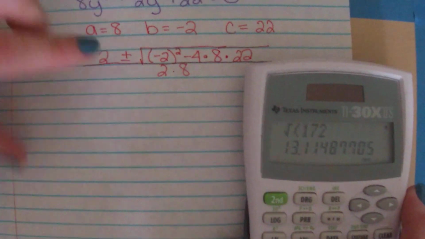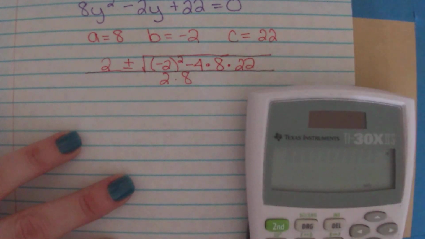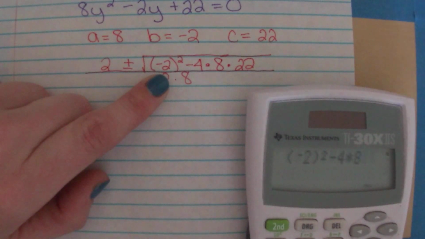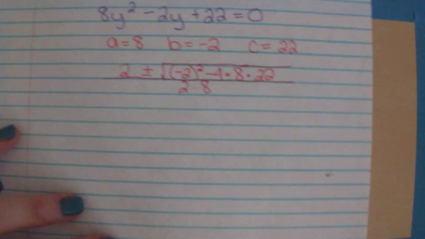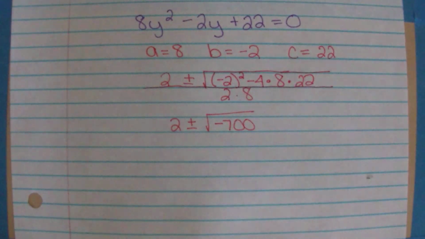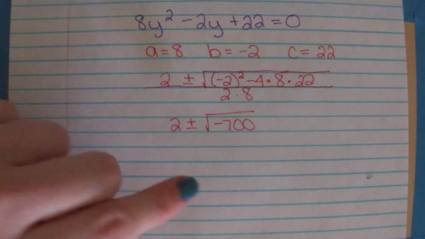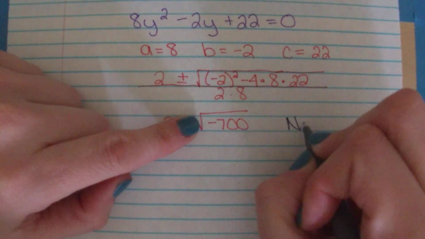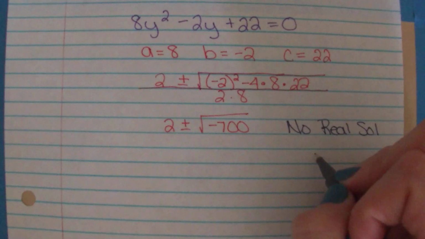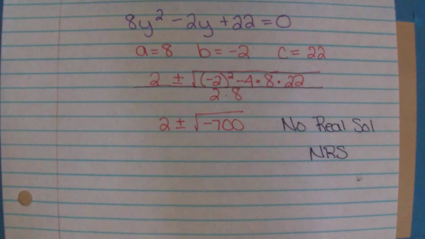Okay, so again, we're going to go underneath that square root and type in exactly what we see. So parenthesis, -2, close parenthesis, squared. Here you have to have those parentheses because we're squaring a negative. Okay, and we get -700. So we have 2 plus or minus the square root of -700. And at that point, hopefully your brain goes, oh, I can stop writing. Because whether it's step 1 or step 500, if we get this negative underneath the square root, this is a no real solution. Okay, we can also write this as NRS. Okay, so I know the biggest one is probably